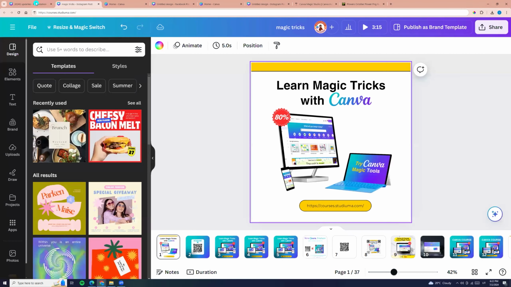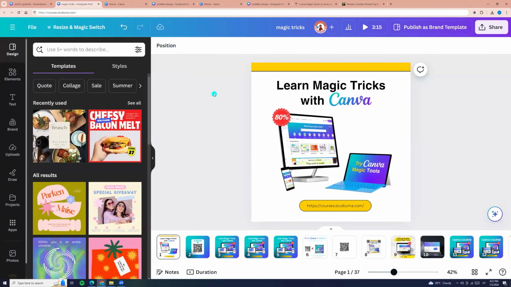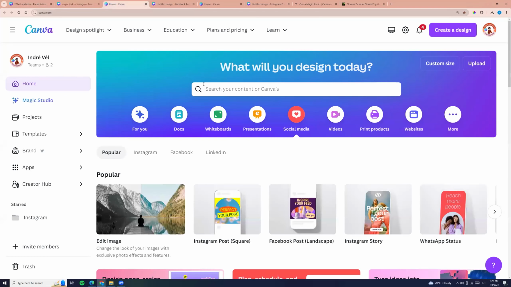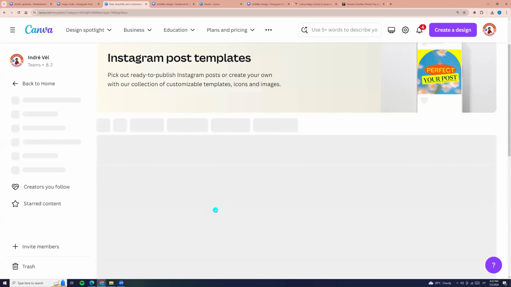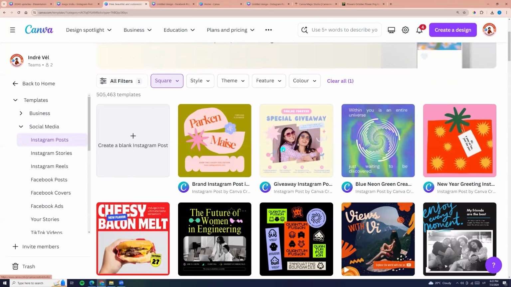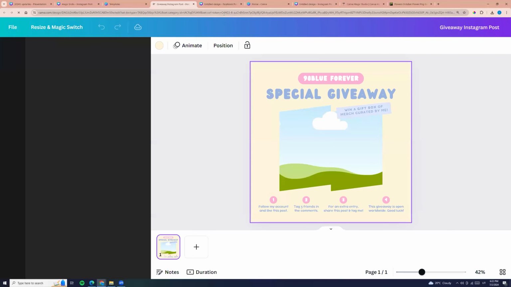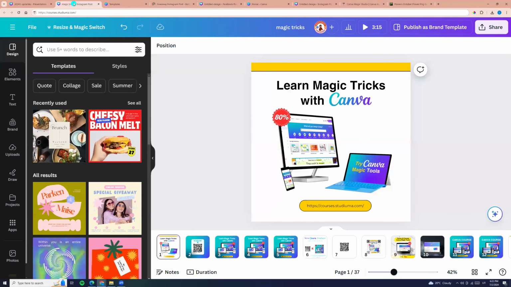And now let's go back to the Canva page. You can choose any design from Canva homepage. For example, you can click social media and you can choose any template. You can click on the template you like and click customize this template. I will choose my template. Now